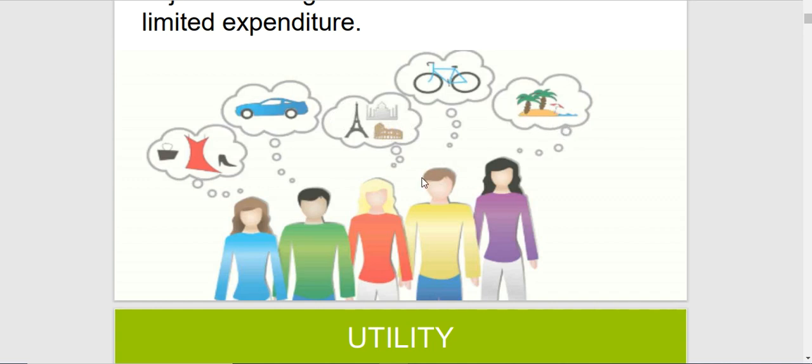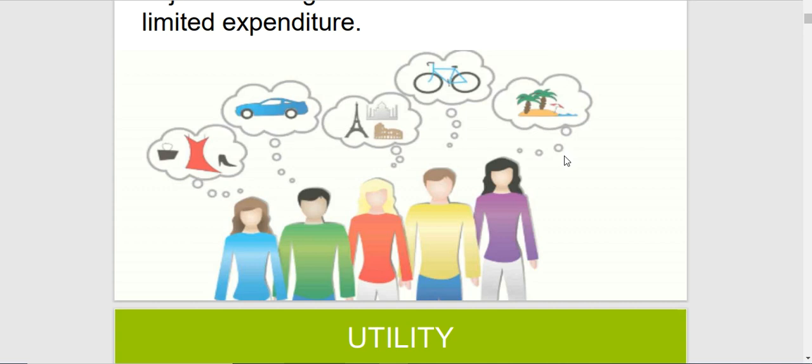A consumer may like to buy a bicycle, a consumer may like to go for movies or sightseeing. So at any point of time, a consumer may have unlimited demands, but the resources, that is the money that he has at his disposal, is always limited, and that money can be used by him to purchase those items that he wishes to buy, but he cannot buy all the items with that money that he has in his pocket or with him.